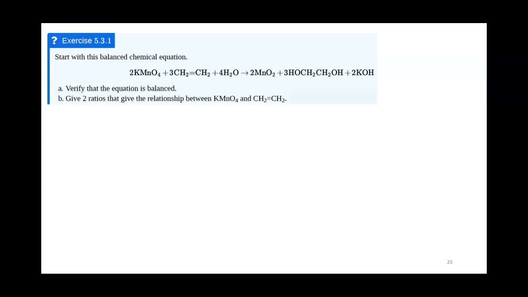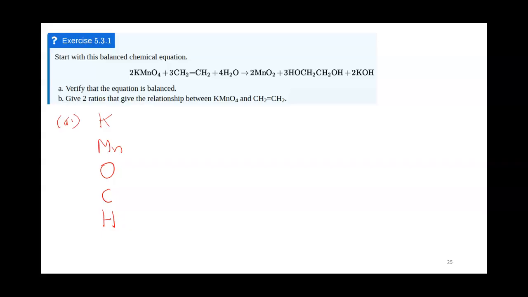Here's another example from the book. It says start with this balanced chemical equation. It gives us our chemical equation there. It's in a slightly unusual form in that not all of the atoms are grouped together. And then it says verify that the equation is balanced. So the first thing that I'm going to do is start counting every atom type up. So we'll begin with potassium, then we'll do manganese, then we'll do oxygen, then carbon, and then hydrogen, and that